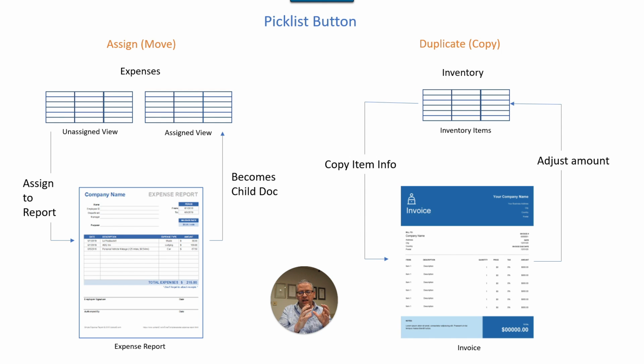So the key thing there is that when you have expenses and they go onto your expense report, that's one thing. That's one expense item that is attached to an expense report. That's one-to-one, and you don't use that expense anywhere else as a document. It is just attached to that expense report. The copy scenario is like